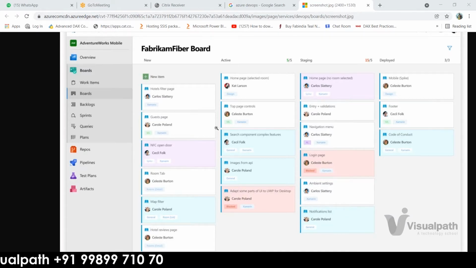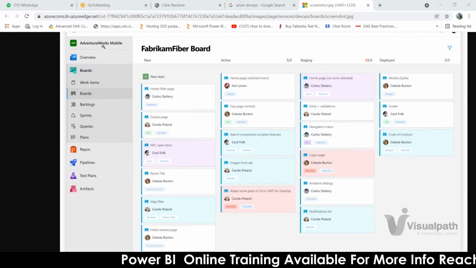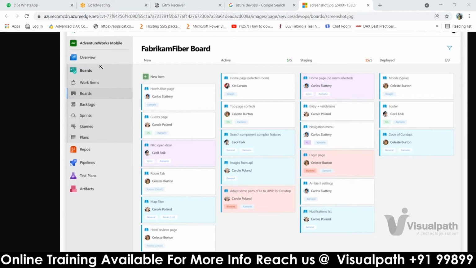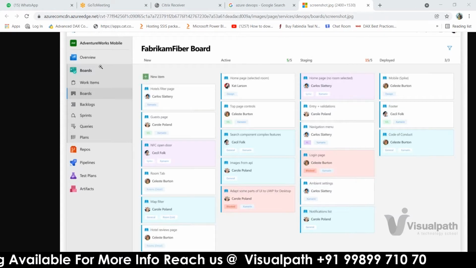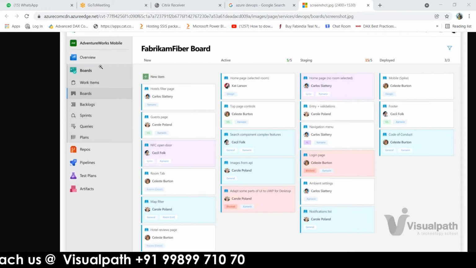There are many other tools, like we have the Jira ticketing tool, we have VSTS. A lot of tools are available, but the majority of companies as of now are using Azure DevOps. And moreover, when you're explaining in your interview, they will ask you to tell them about your daily roles and responsibilities, and what your work style is in your project.